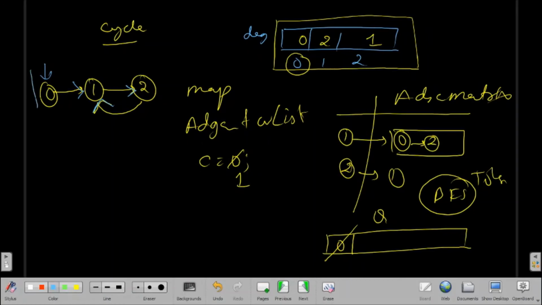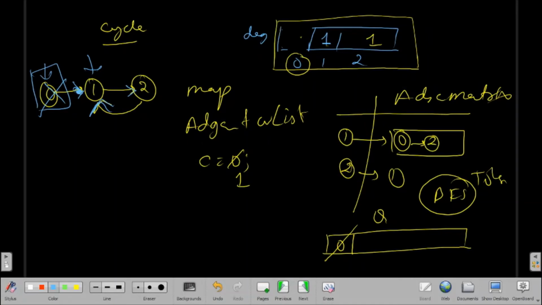So the neighbor of 0 is 1, and we have completed course 0. So for course 1 I now have only 1 prerequisite, that is 2, because we have already completed course 0. So we'll change this value to 1, because I have only one prerequisite, that is 2, for completing course 1.